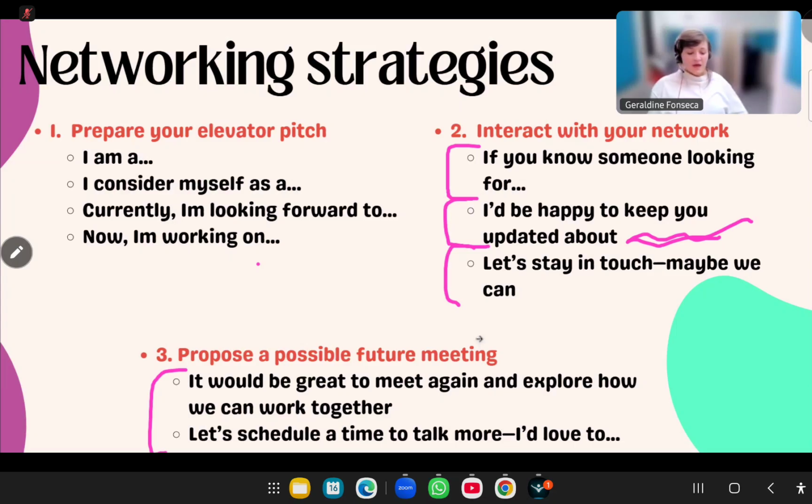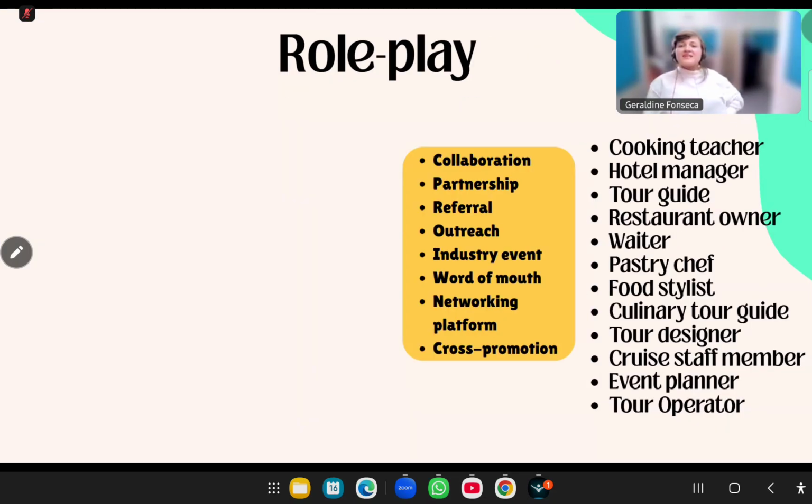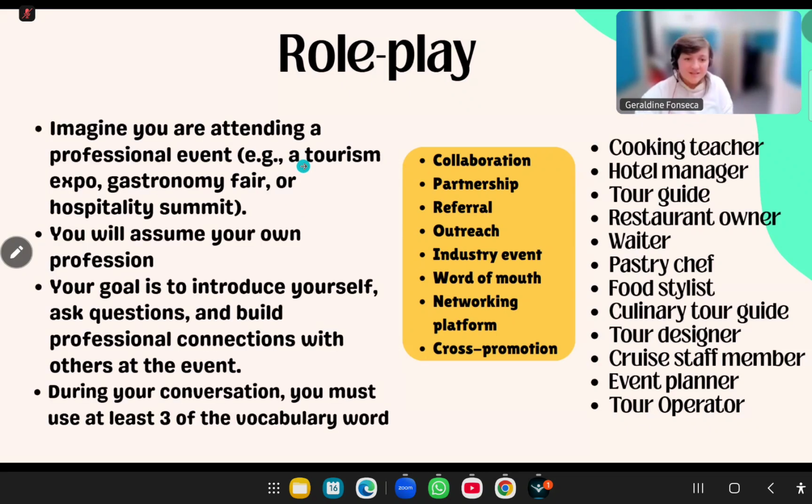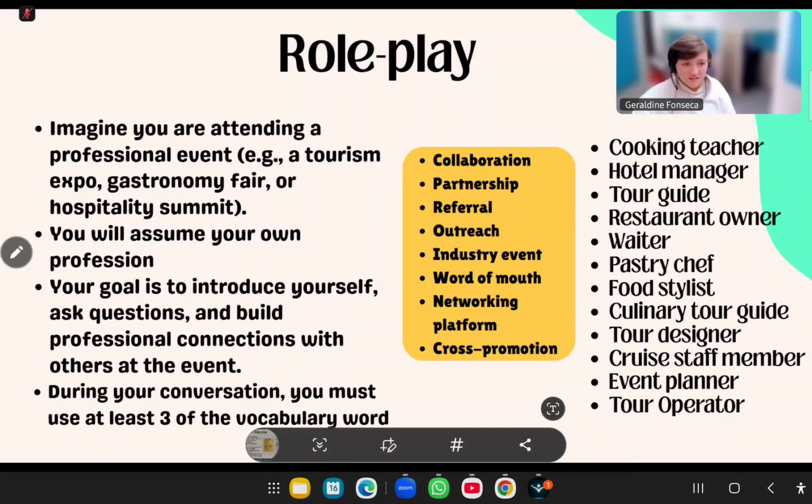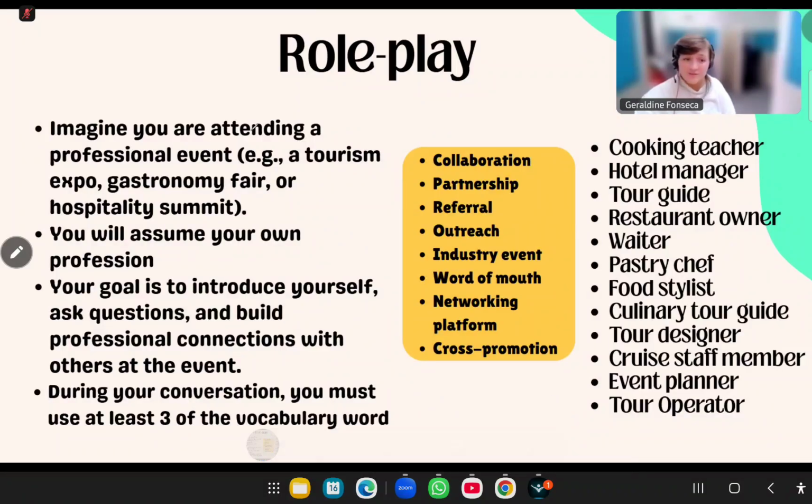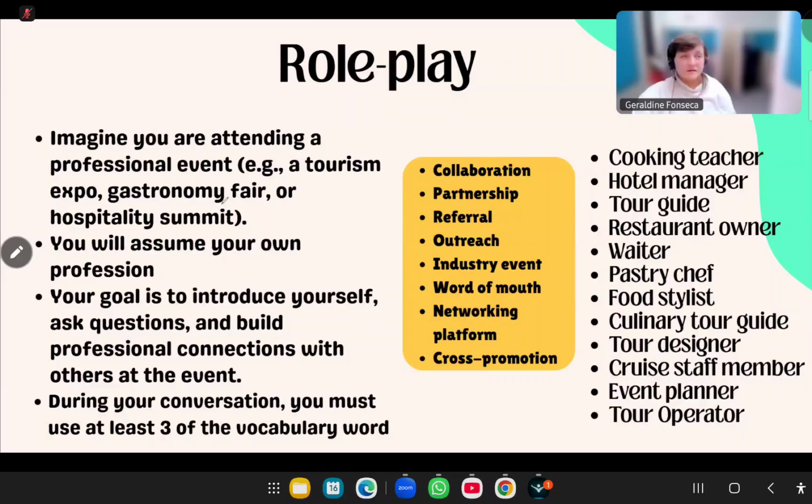So guys, last class, you organized and explained to your partners what networking is, what your networking areas might be, how you might network, and how that could benefit your business. Well, in this class, we are going to role play. We are going to imagine that you are attending a professional event. Again, we are going to be in groups of